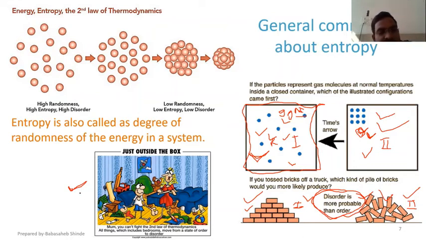What consent was there while discussing this picture? If you read the caption, this child says to his mom that according to the second law of thermodynamics, all things, which include his bedroom also, move from a state of order to a state of disorder, right? So he was giving an excuse for keeping his room unorganized. He has thrown all his things in the room the way he wants, and when his mom is complaining about that